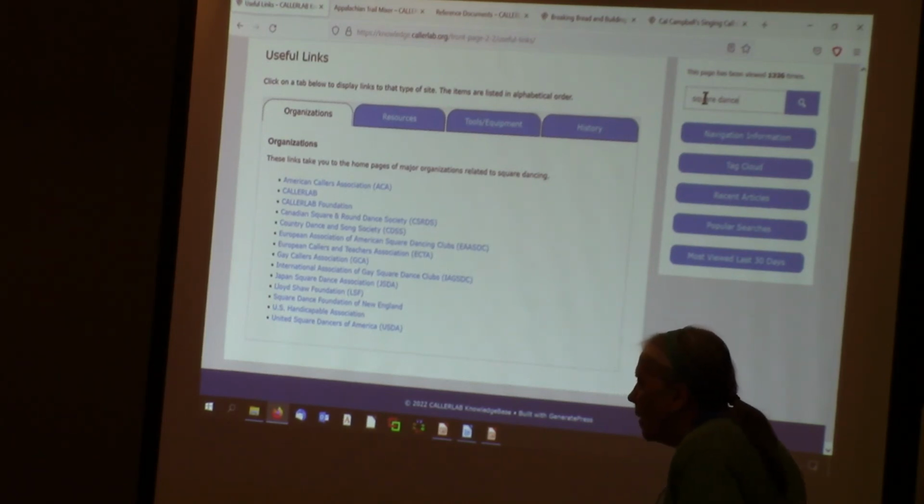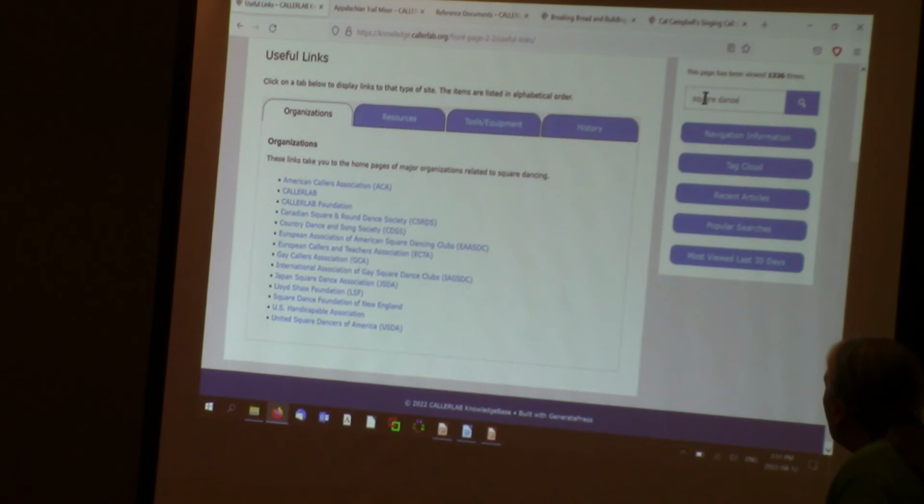So if in the search bar here you type square dance, what that's really saying to the search engine is, find me any article that's got the word square in it. Find me any article that's got the word dance in it. So you'll get lots of things that have one of those words but not the other. And it'll be a large list.